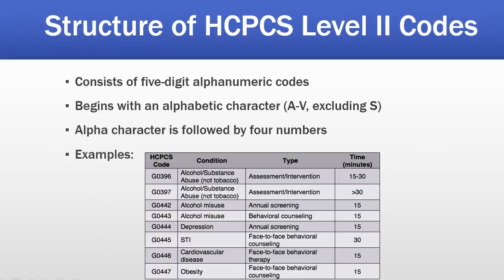The structure of the HCPCS Level 2 codes consists of 5-digit alphanumeric codes. It begins with an alpha character A through V, excluding S, and then the alpha character is followed by 4 numbers. So I've provided some examples of HCPCS codes. And here you can see where it begins with the G, the alpha, and then ends with the 4 digits